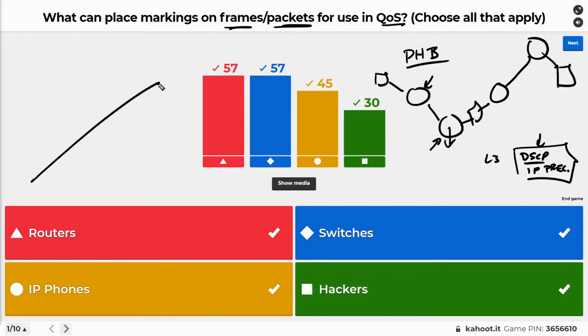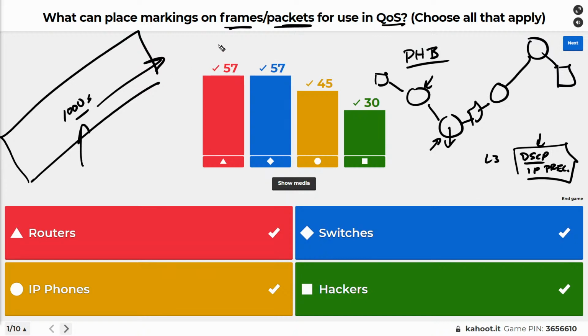Think of it like a huge line, and everybody's in this room, and everybody wants to get out. And these are packets. So let's say there's thousands of packets in this room, and they all want to be forwarded. Well, if there's enough bandwidth, we don't need QoS. We just send it all as fast as we can. If it's not a problem, great. QoS really comes in handy, though, if there is congestion. And then the question comes in, okay, what do I do? First in, first out, which is a default on many Cisco interfaces, or do I have a QoS strategy, which, based on the markings in the packets, am I going to give preferential treatment?